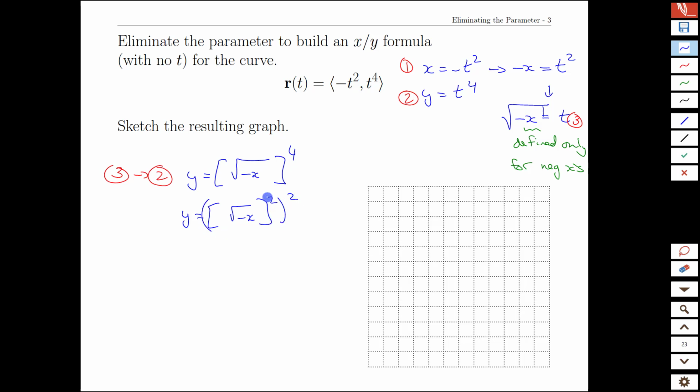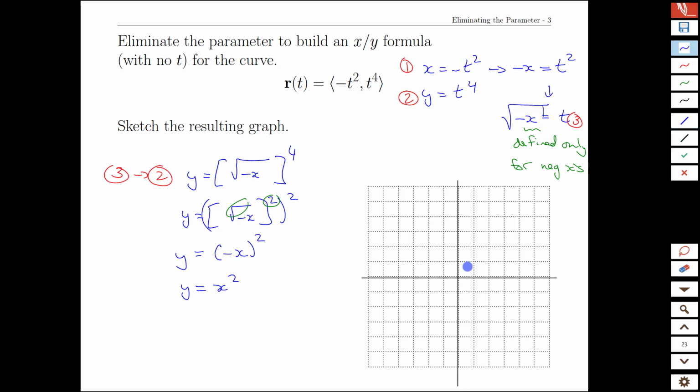The reason we want to do that, of course, is because the square and the square root cancel each other, so we end up with y equals negative x all squared. So this 2 and that square root are inverses, they cancel each other. And then here we do end up with a net positive because this negative is inside the power. So we're going to get y equals x squared. Okay. Well, if we sketch that out,